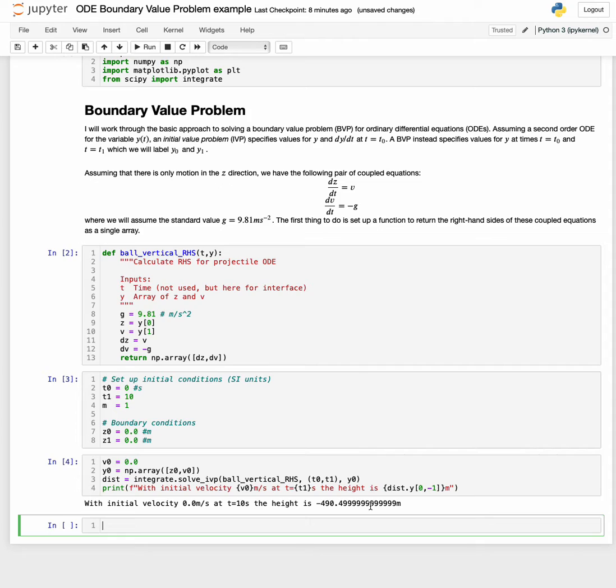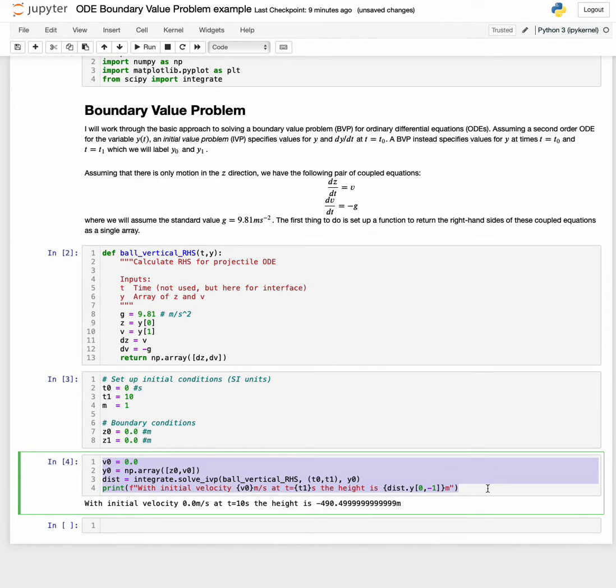Okay, so imagine letting go of a projectile over the side of a cliff, having checked beforehand there was no one underneath you. And you can see that that's reasonable. So we've got one solution that gives us a negative height. What we need now is a second solution, a second guess for the initial velocity that gives us a positive